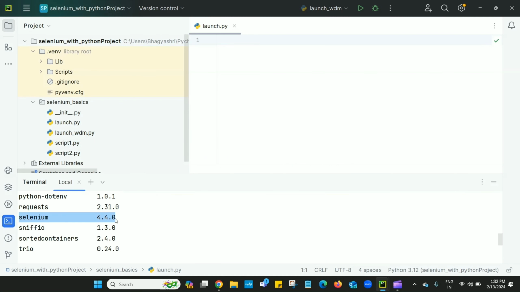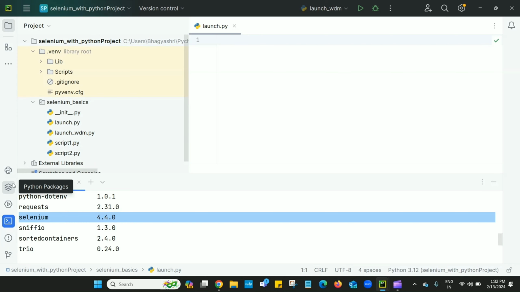See here, I have installed Selenium, version 4.4.0. That is a prerequisite. If you want to write a Selenium script, you have to install this Selenium package. How to install that package, I have already covered in my second video. I will give the link of that video in the description box.